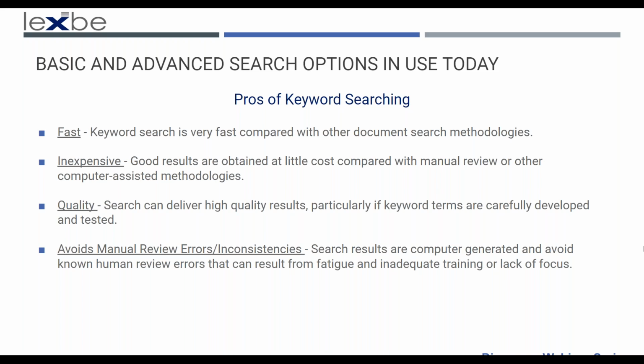This also avoids manual review errors and inconsistencies that are generated by human error. So maybe somebody has a different idea of what you would consider to be confidential. If you are the managing partner on the case and you are the one dealing with the client primarily, and you have instructed your associates and possibly some other document review attorneys at a vendor perhaps, you can be sure that the search technique is not going to deliver inconsistent results based on somebody's understanding or misunderstanding of the key arguments in your case. And of course, with every pro, there's also a con.